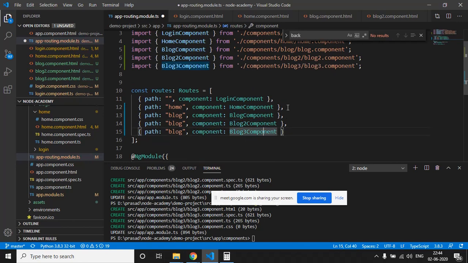Just import these components and change the route to block2 for the block 2 component and block3 for the block 3 component. Let's save it.